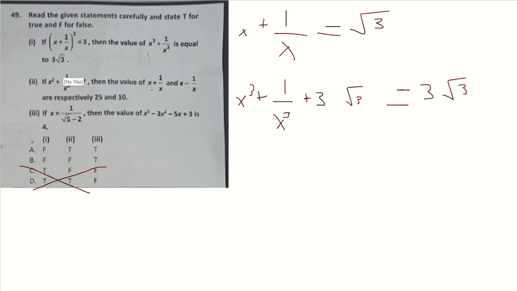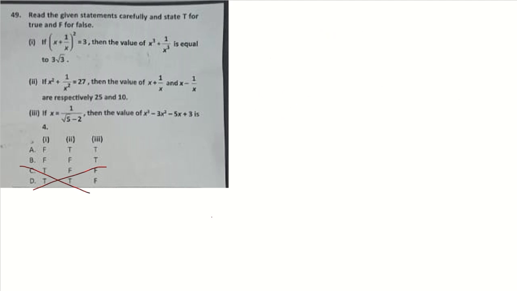For the second part, if x squared plus 1 by x squared is 27, then the value of x plus 1 by x and x minus 1 by x is what? So first let's find x plus 1 by x. Now x squared plus 1 by x squared is 27. So x squared plus 1 by x squared plus 2 is equal to 29,